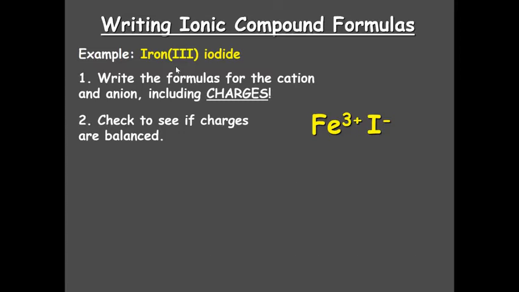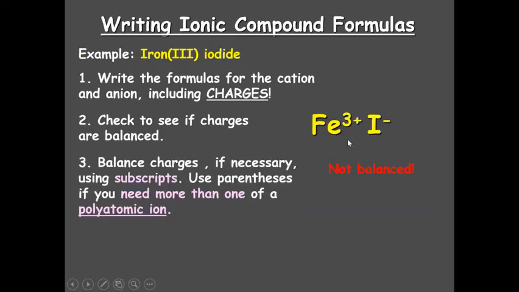The Roman numeral 3 there is the charge of the iron. So with both charges, there's just one more thing to do. Either crisscross or ask yourself, how many iodides do you need to balance out that +3 from iron? Yeah, 3. So the formula becomes